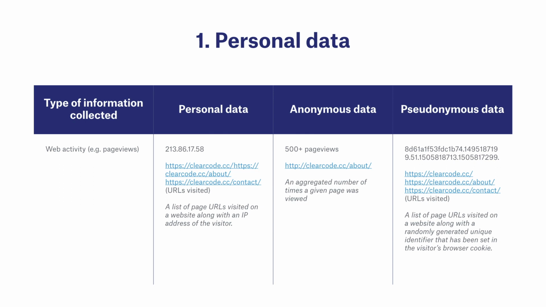Next, anonymous data. Put simply, anonymous data is the kind of data that cannot be used to identify an individual. This doesn't only apply to knowing their name or email address, but also to identifying if they are a returning visitor. So, for example, if we wanted to run anonymous web analytics, we would have to ensure that the user was anonymous when they visited our site for the first time. So, we cannot collect any personal data about them or use any previously collected personal data. The example here shows the type of data that will be available if you use anonymous web analytics. In this case, it's the aggregated number of times a particular URL was viewed.